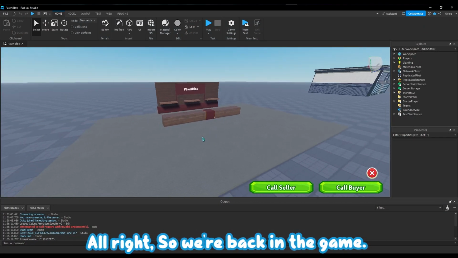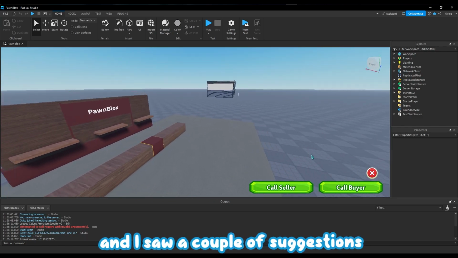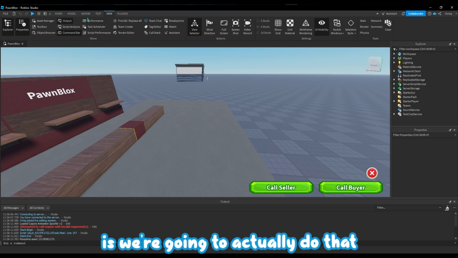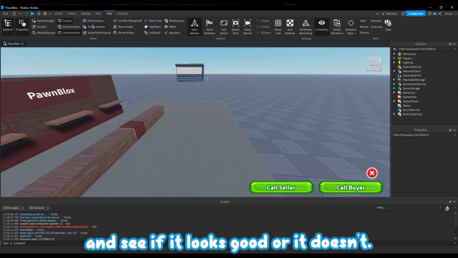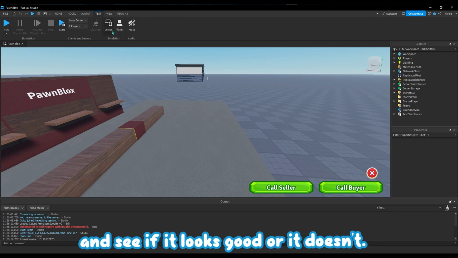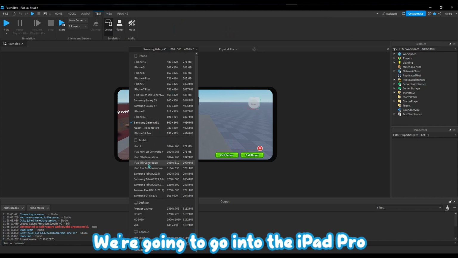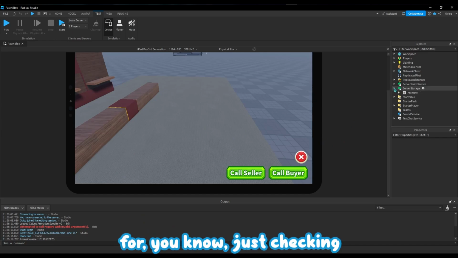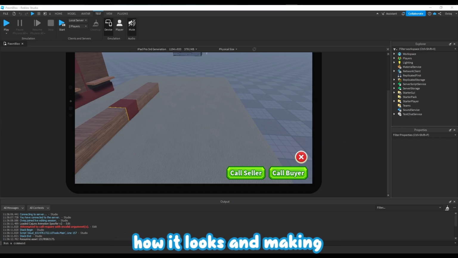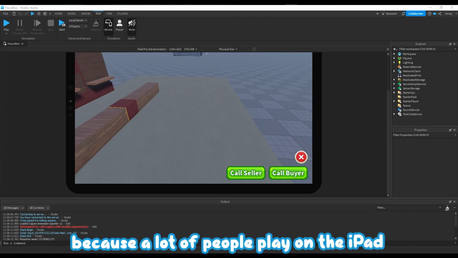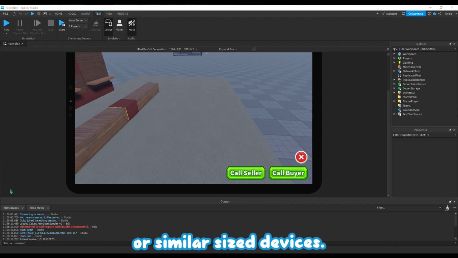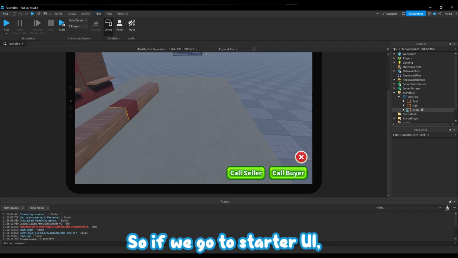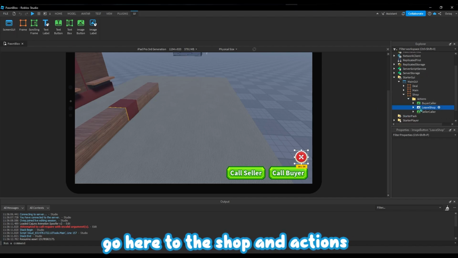Alright, so we're back in the game. You can see this is the updated UI, and I saw a couple of suggestions say different things here. So what we're gonna do is actually do that real quick and see if it looks good or it doesn't. So we're gonna pull up the devices. We're gonna go into the iPad Pro because this is what I usually use for checking how it looks and making sure it looks good, because a lot of people play on the iPad or similar size devices. So if we go to StarterGui, go here to the shop and actions, and we can see this